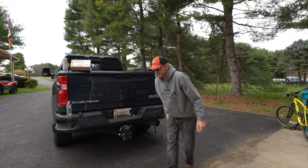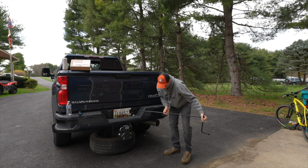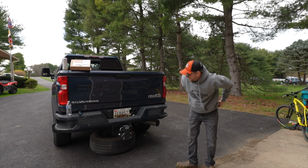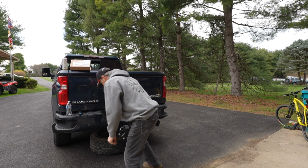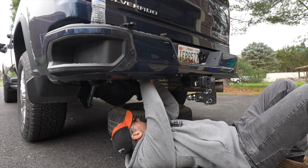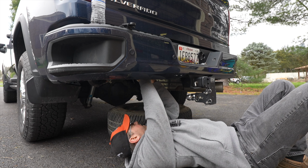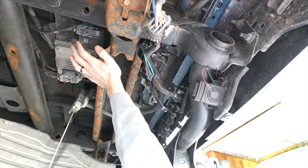Oh, there's a cable. Let's drop that all the way down. Alright. So after lowering the spare tire, kind of got to get some wires out of the way. So the box is right here,